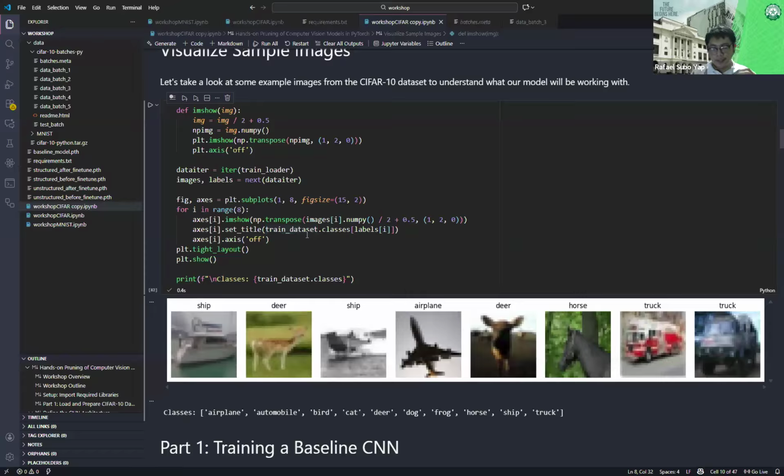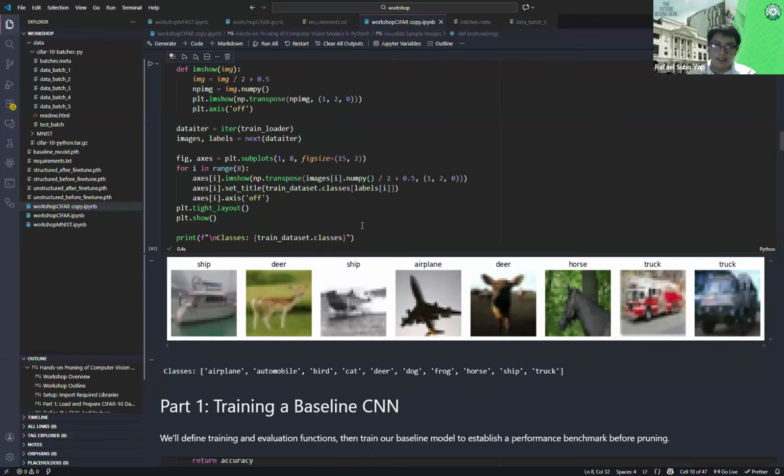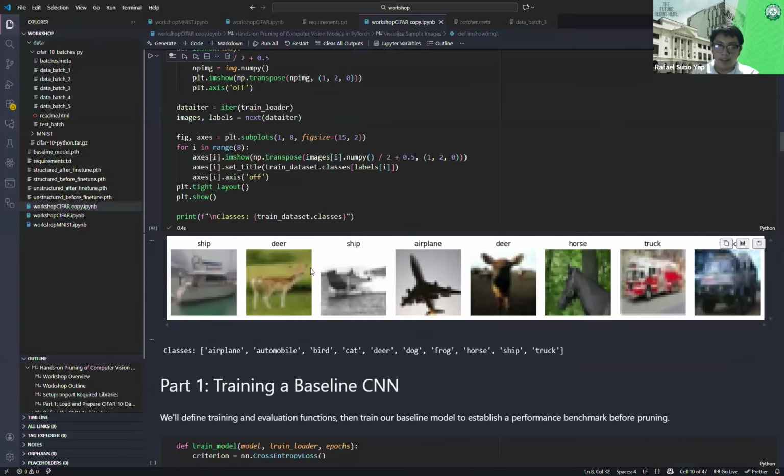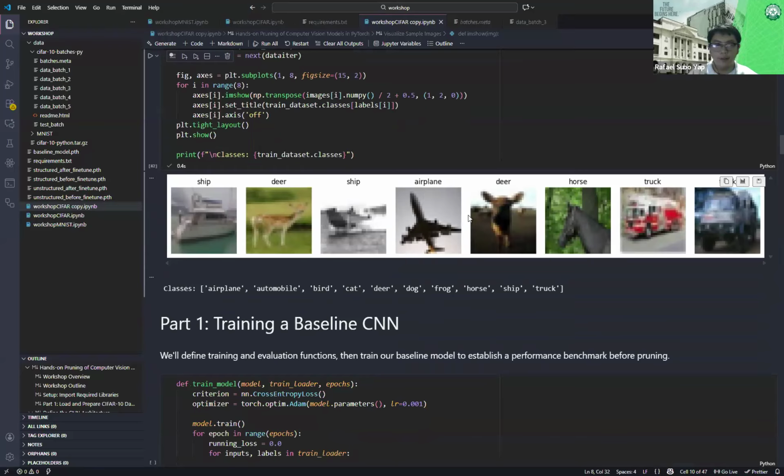And it shows that this data set is a good benchmark. It's not impossibly hard, but it's not super easy too. So yeah, we can see a picture of the ship, the deer, then these other few images. So I also have here